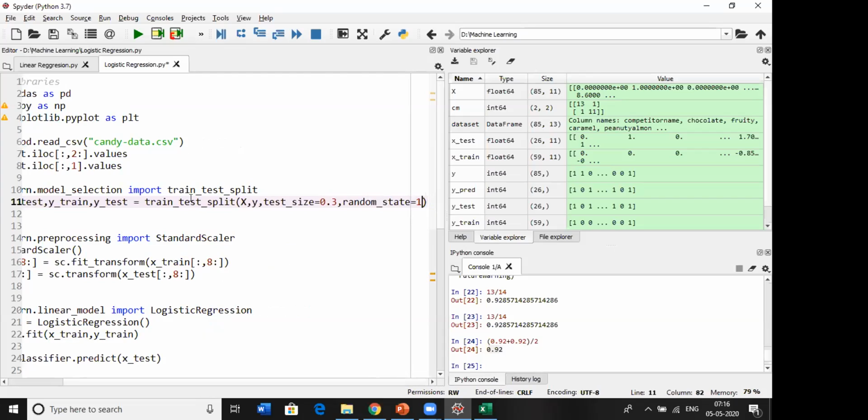X and Y are the variables you have provided, and X and Y you already calculated with respect to your pandas library. So you have X and Y, and then test_size equal to 0.3 means 30% of data is utilized, and that data will be randomly selected. It just shuffles the data and creates multiple data sets, so we are going to select only one for random_state equal to 1, the first one. If needed, you can change it to any other shuffled data.